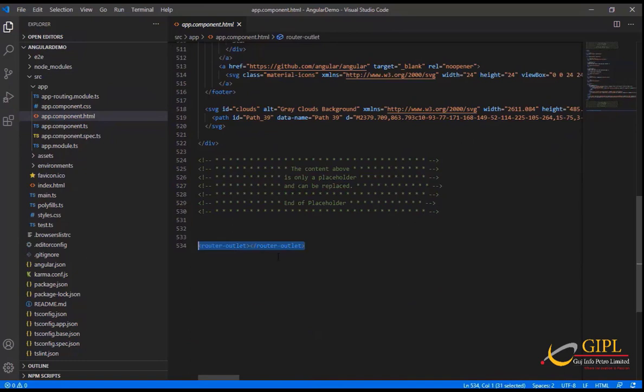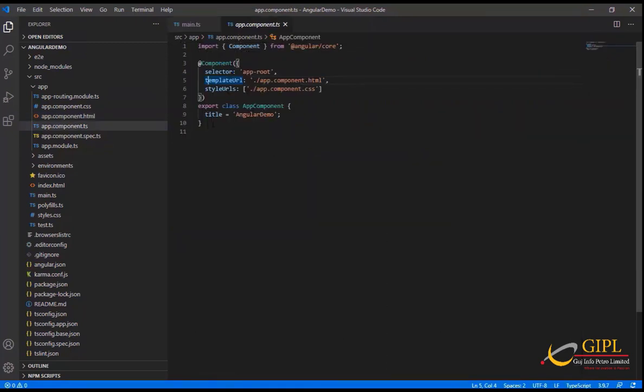Router outlet. Router outlet in Angular works as a placeholder which is used to load different components dynamically based on the activated component or current router state. Navigation can be done using the router outlet directive and the activated component will take place inside the router outlet to load its content.